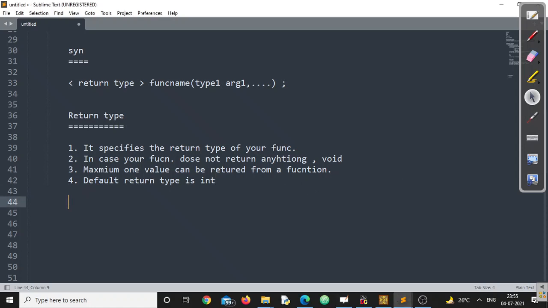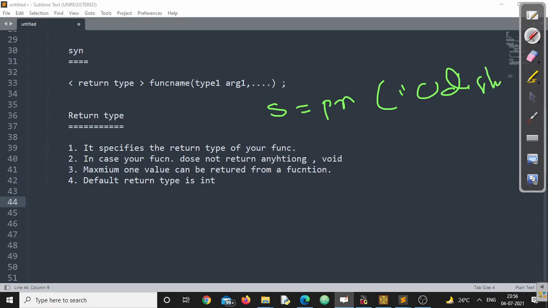If you can recall your printf statement and your scanf statement, all these functions return int. Suppose I store s equals printf, and within brackets I write Odisha. Now what will be the value of s? The value of s will be 3 plus 2, 5.